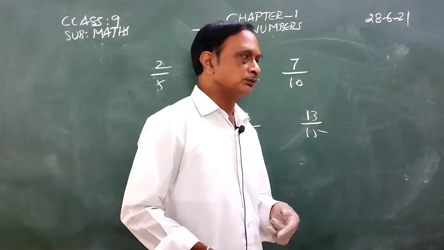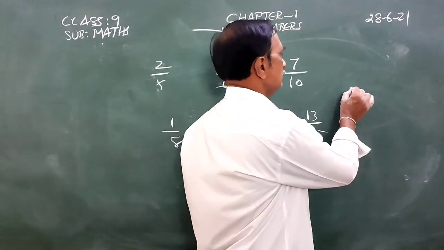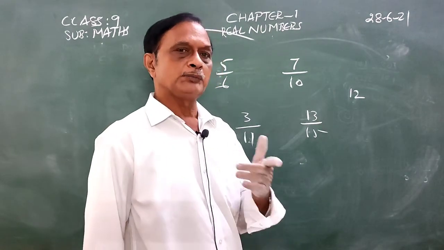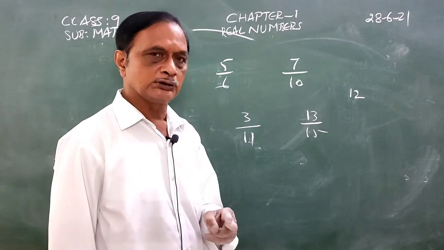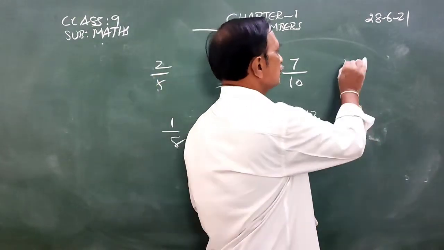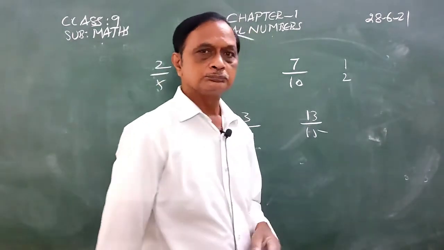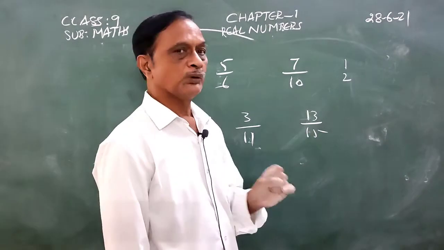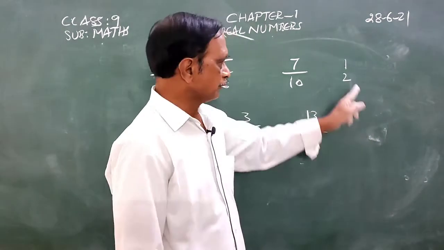So, in 6th class, we have learned how to prime factorize a number. Now, 12. Can you write this 12 as the product of primes? Prime number. What do you mean by prime number? If a number has only 2 factors, then the number is said to be a prime number. Is 1 a prime? No, because it has only 1 factor. Is 2 a prime? How many factors are there for 2? What are the divisors of 2? 1 and 2. Do you find any other divisor? No. So it contains 2 factors. Therefore it is a prime.